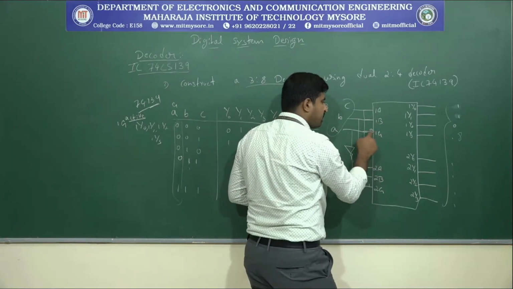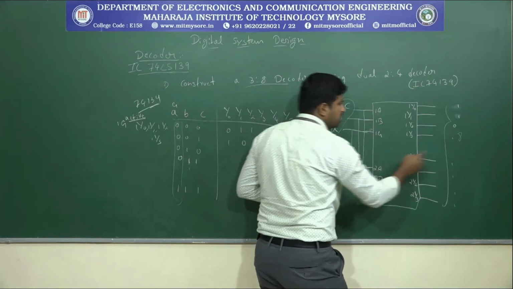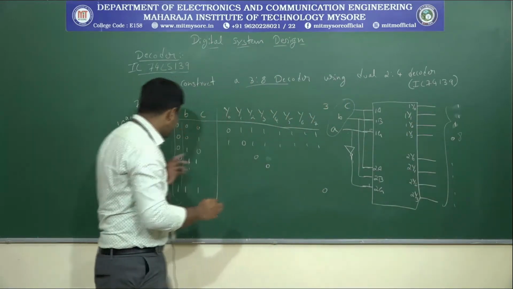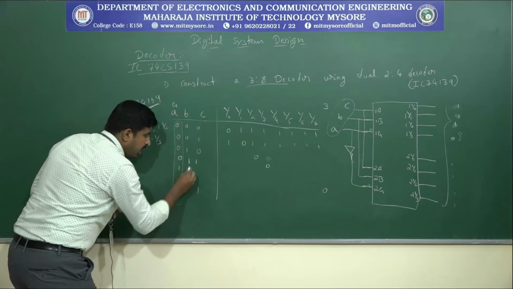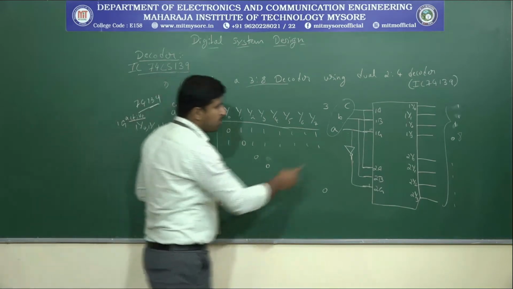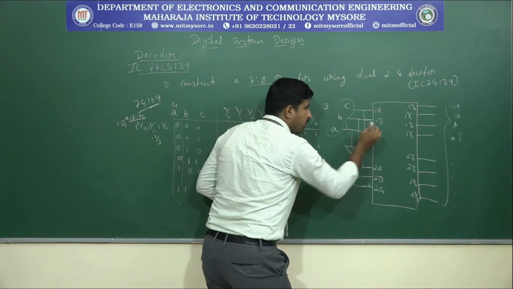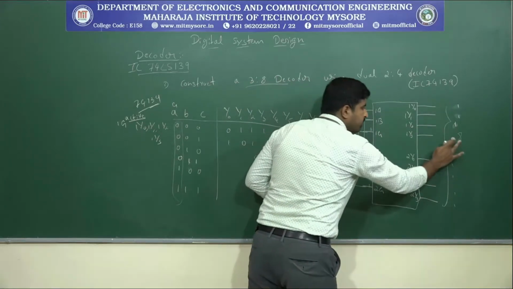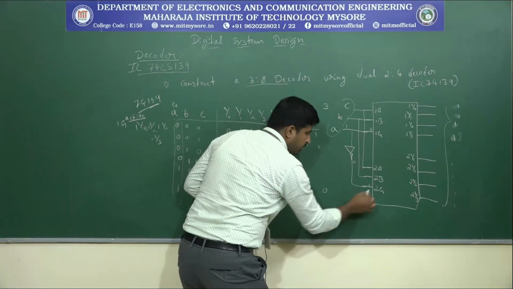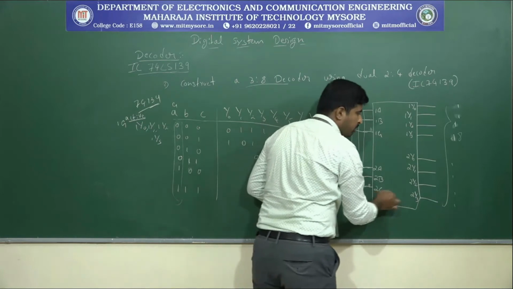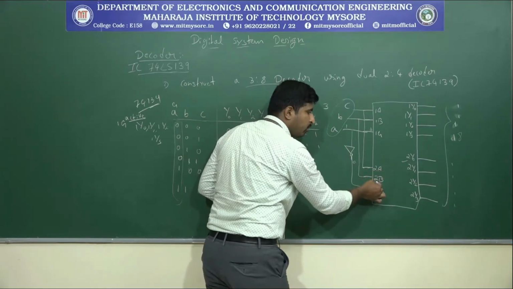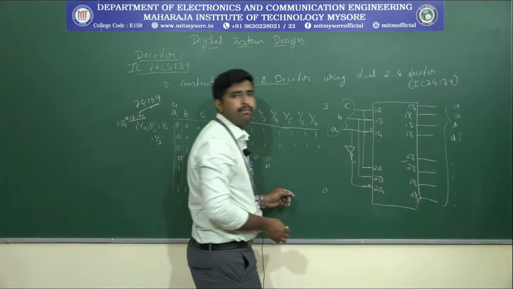So that means when you are giving 0 1 1, this will be enabled and the remaining will be disabled. Okay, now let's come to this point, and this A will be 1 actually, and B and C are 0 0. So A equals 1 means this will be 1, so directly this will be 1 here. So this means this will be disabled, all these will become 1 1. And this A equals 1 here, so here we will get a 0, which means 2G will be 0. When 2G is 0, this decoder will be activated according to the inputs of 2A and 2B. So this device will start implementing.